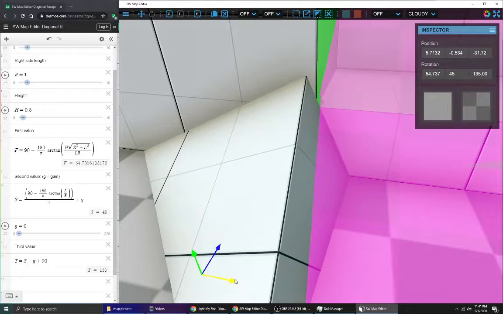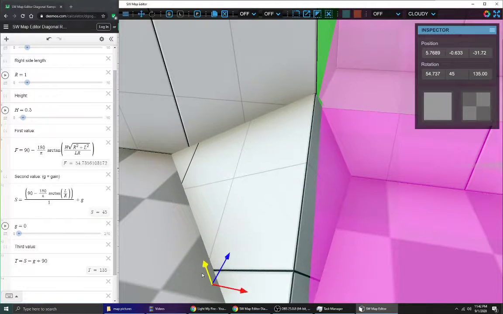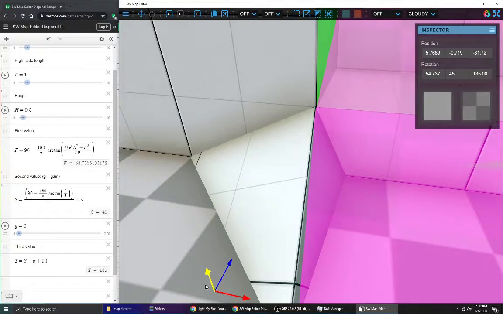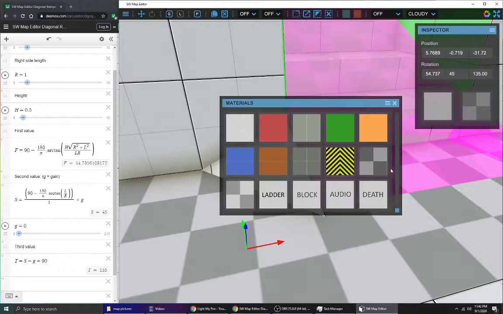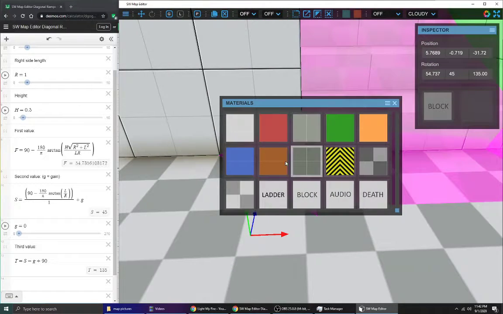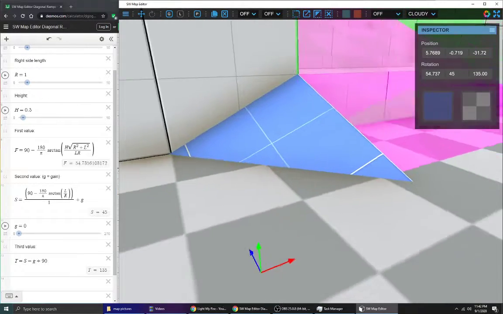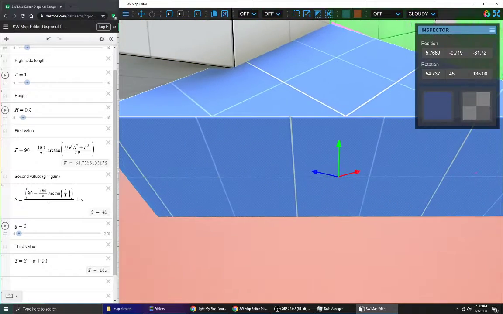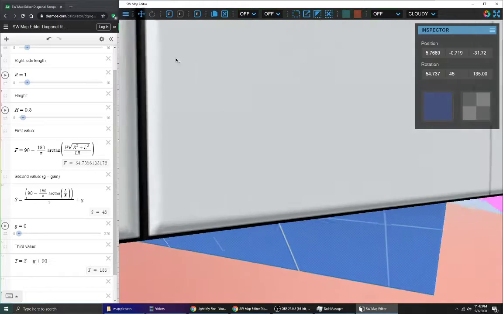Now I see that lined up. Then I can line this up with that edge there. Then I can move this down. Just like that. Now the very last step is, and I know this is not a barrier block, you can change that at any time, so don't worry about it. The very last step is you want to go into here and drag on this so that it lines up with